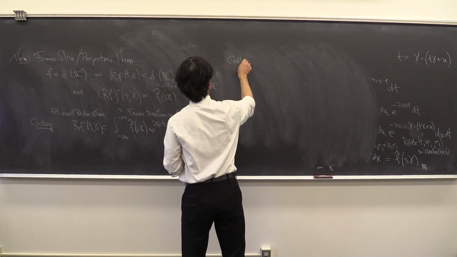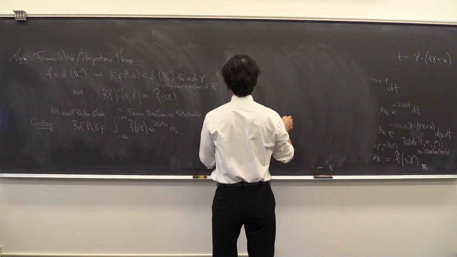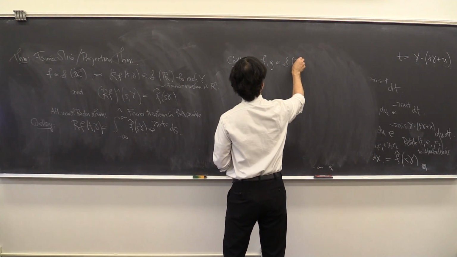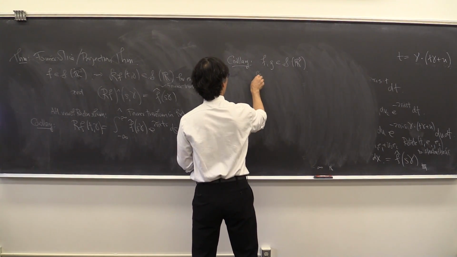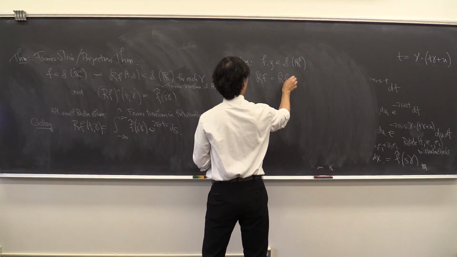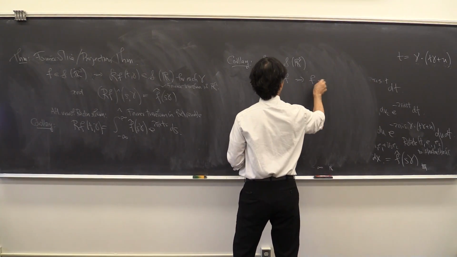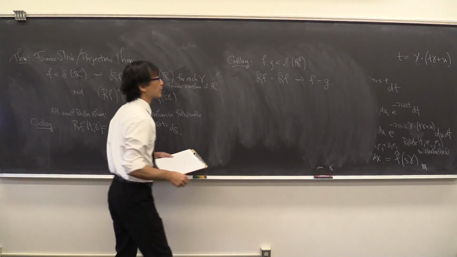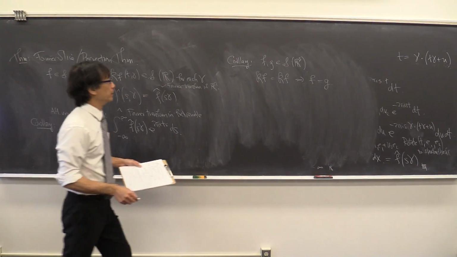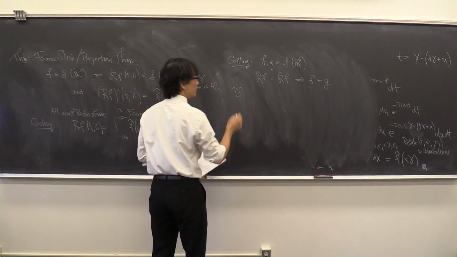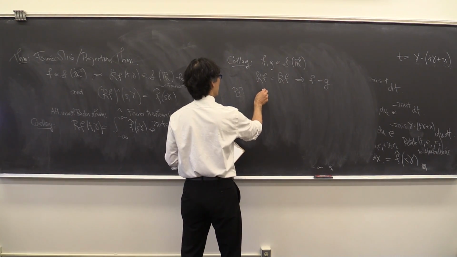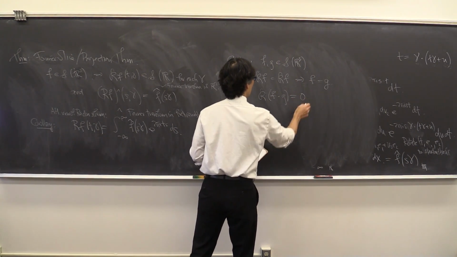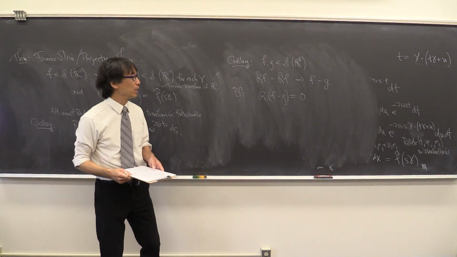Another corollary that we get is that if f and g are in the Schwartz class and the Radon transforms are equal, then the original functions must have been equal. Okay. And the proof is pretty straightforward. You say, well, look, if the Radon transforms are equal, then the Radon transform of the difference is going to be 0,